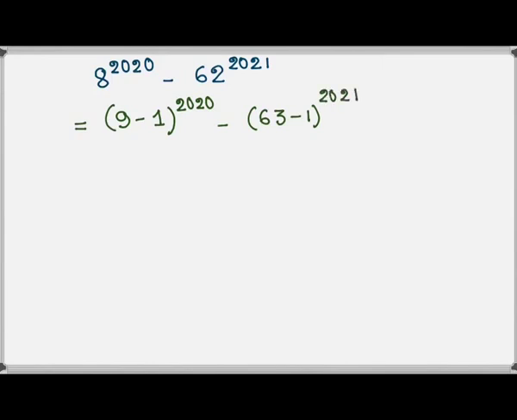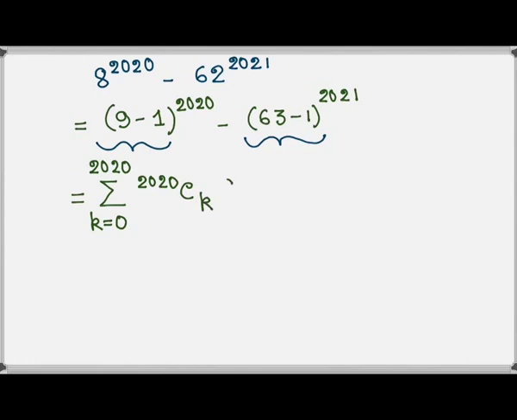Now we write the binomial expansion of this part and then of this part. So this is equal to sum running from k equal to 0 up to 2020, 2020 Ck 9 to the power 2020 minus k